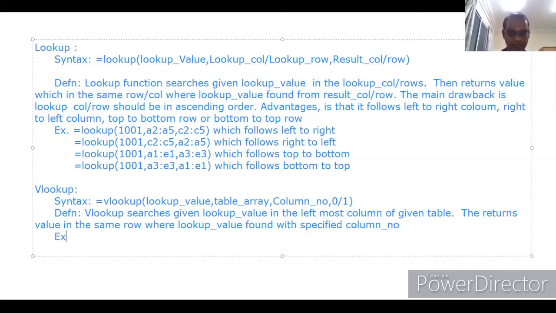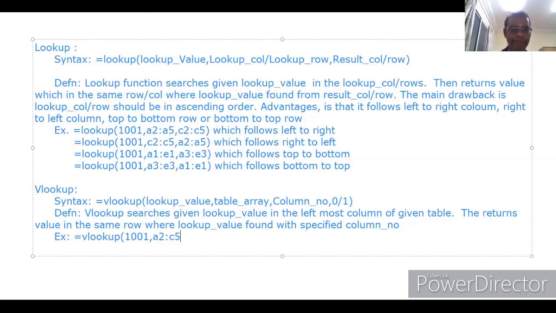Example. Maybe lookup value, table array. Sorry, we are going to explain it. 1001 is a lookup value, A2 colon C5.